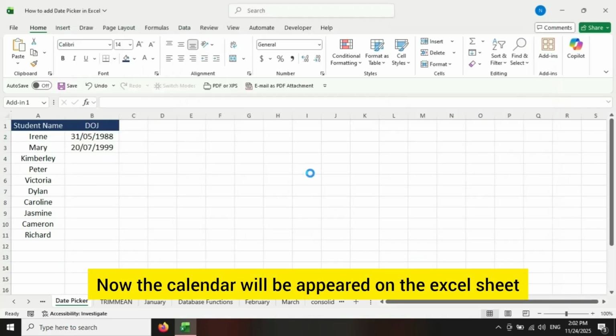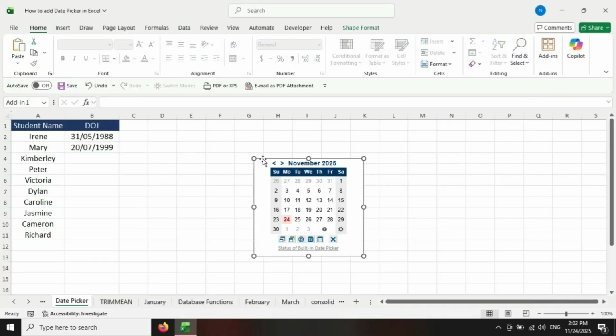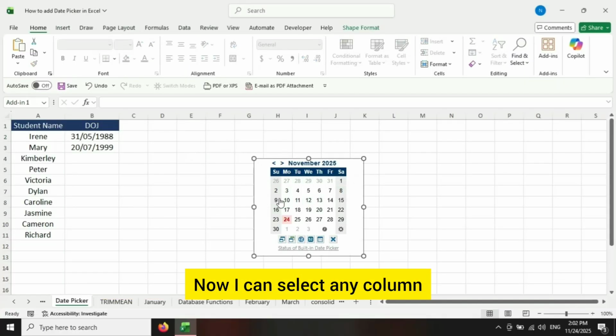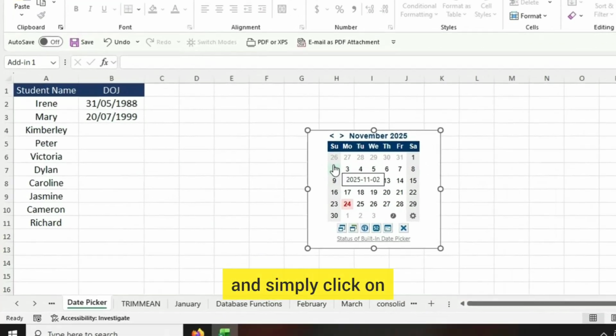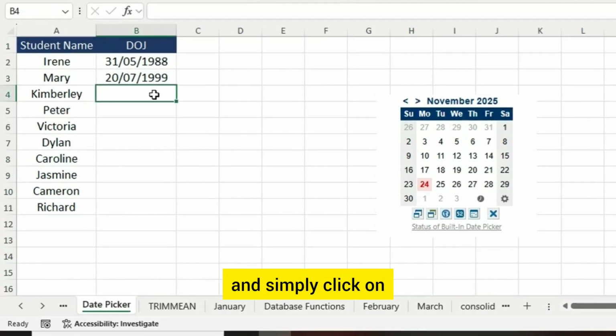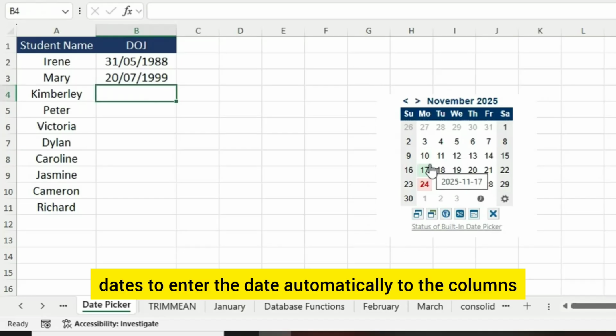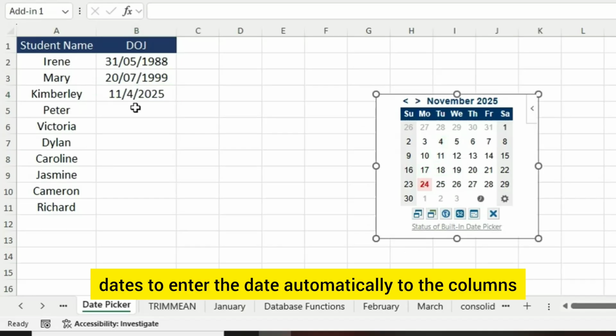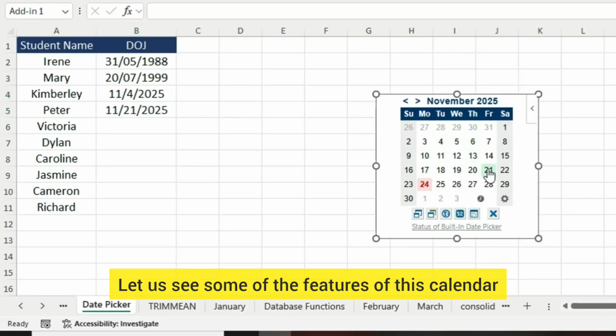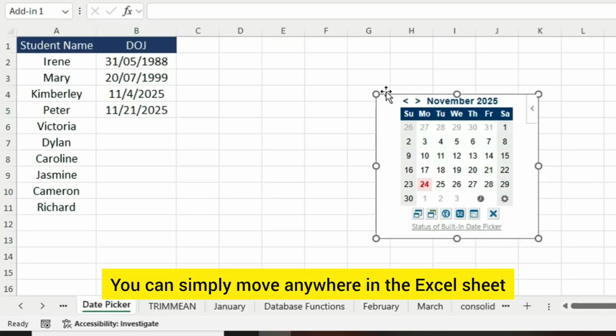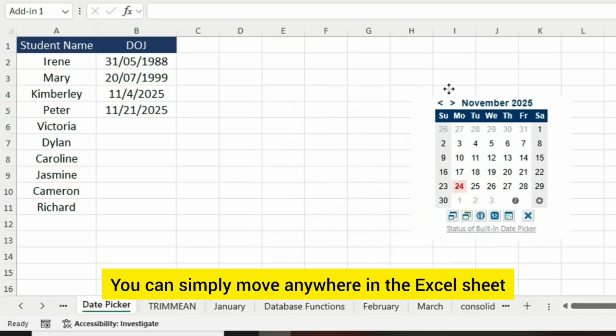Now the calendar will be appeared on the Excel sheet. Now I can select any column and simply click on dates to enter the date automatically to the columns. Let us see some of the features of this calendar. You can simply move anywhere in the Excel sheet